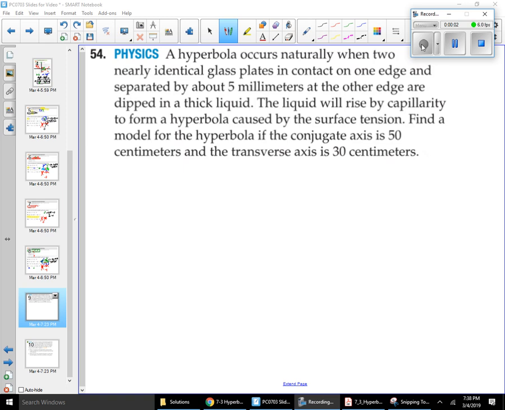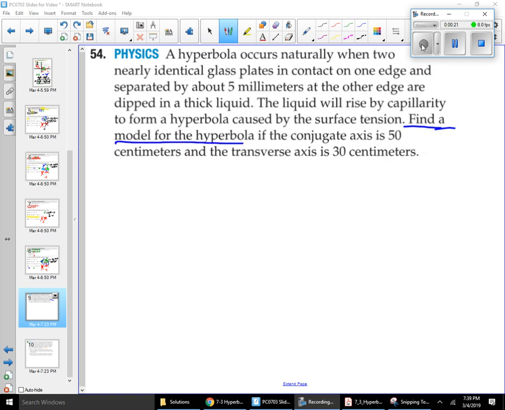Since I won't be here for flex, I want to get you at least started on the two application problems. 54 isn't too bad, 55 is quite interesting. So looking at 54, there's a ton of flavor text here about mirrors trying to give you this visual of what's going on. But as far as what they want,